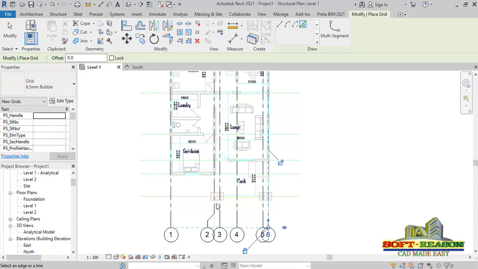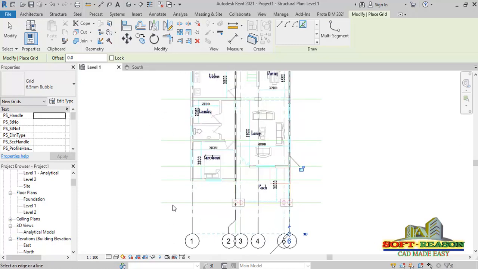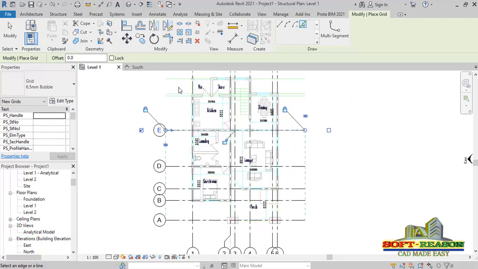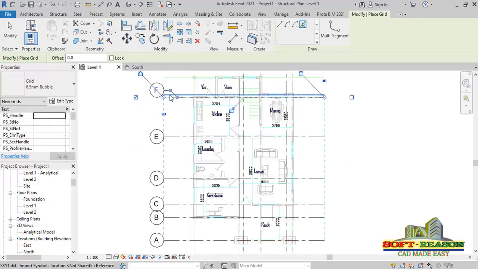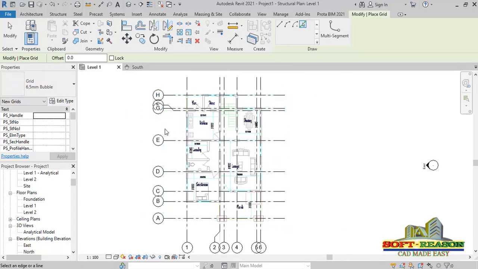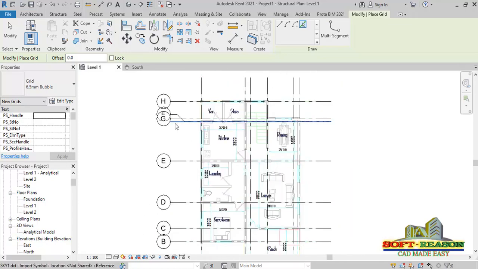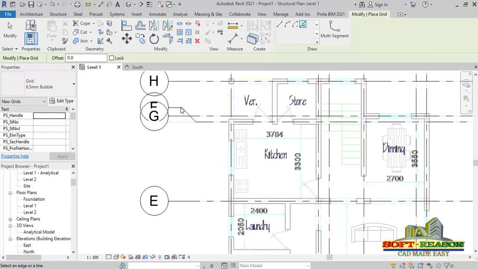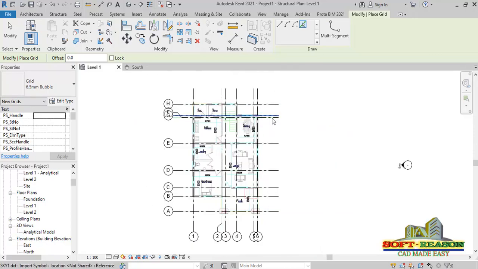All right, so I will activate grid lines also in the horizontal direction. So I'll select this, I'll give it a name as A, right, just like this, and then this will be B, C, D, E, right, and then this will be F, G, right, and H. Okay, so just like this, after successfully inserting my grid lines right there,